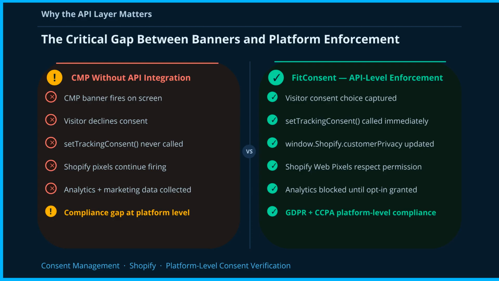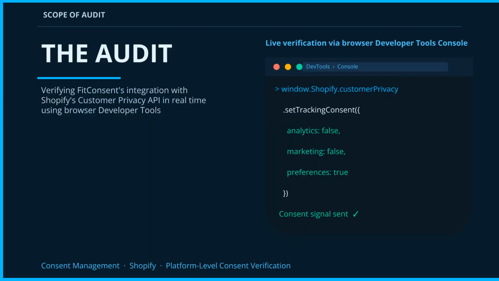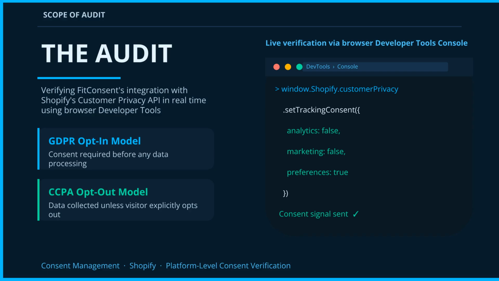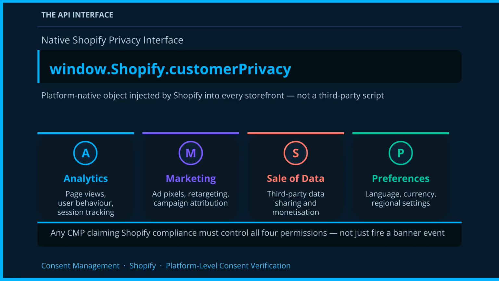the banner shows. Today, we'll audit exactly how FitConsent integrates with the Shopify Customer Privacy API, verifying in real time, using browser developer tools, that our consent signals directly control Shopify's native data processing permissions under two separate compliance frameworks, GDPR and CCPA. The Shopify Customer Privacy API lives at